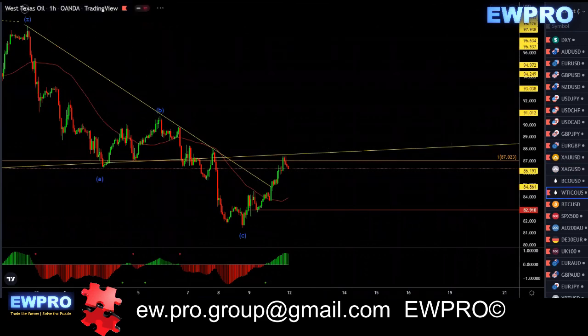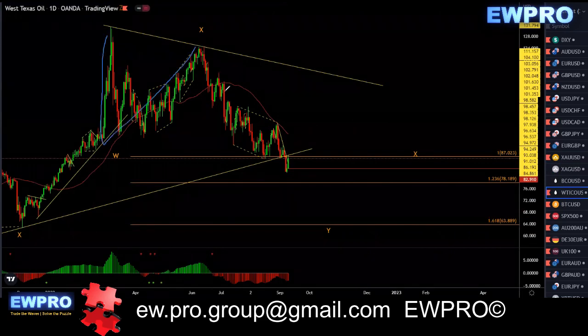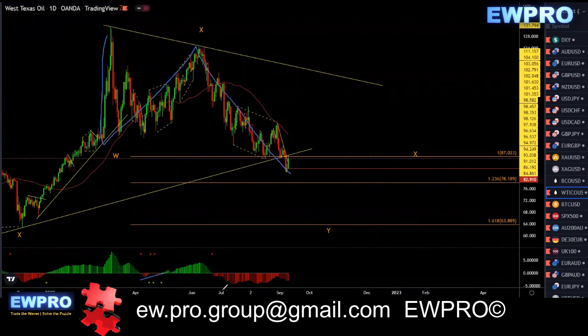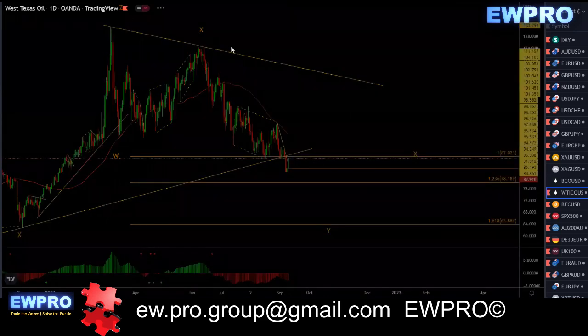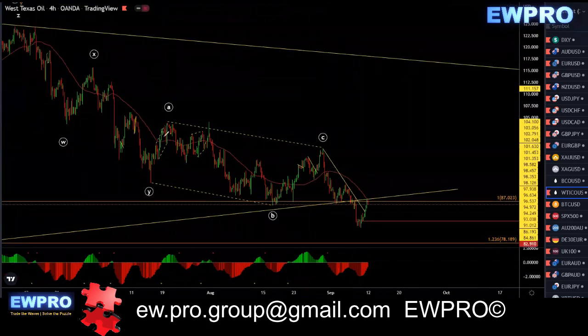WTI on the daily. We're looking at that like WXY. We don't have any bullish divergence, but we're getting down. We have breached this 100 pip here, and it may come down to the 161.8. We can't rule out more downside, but at these lows,